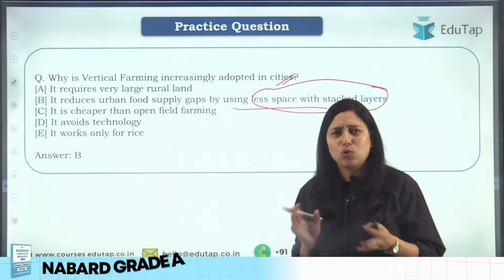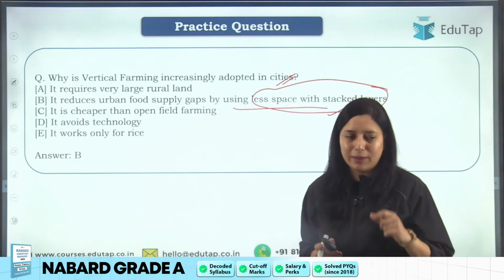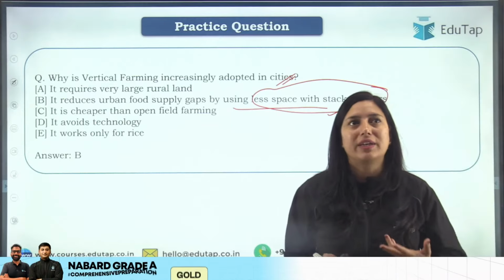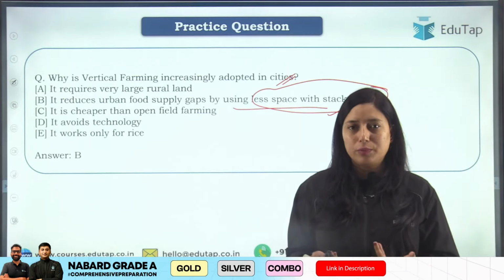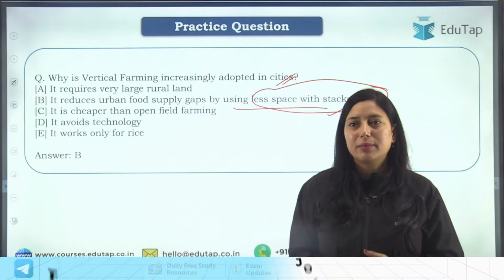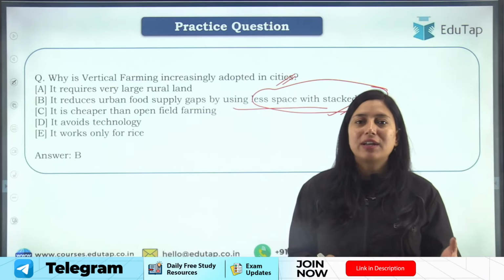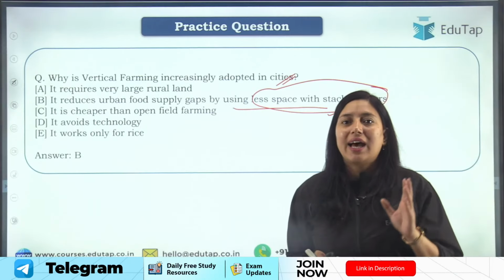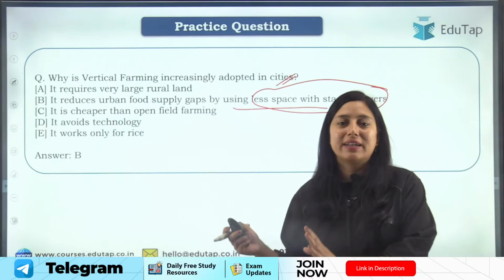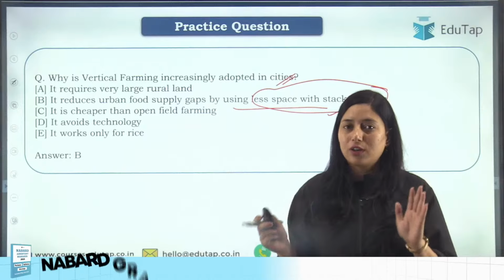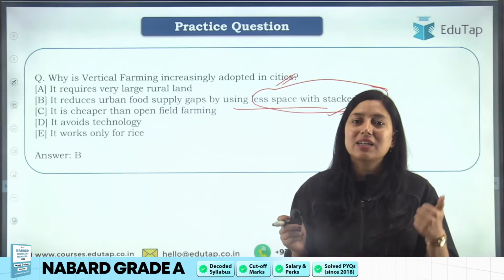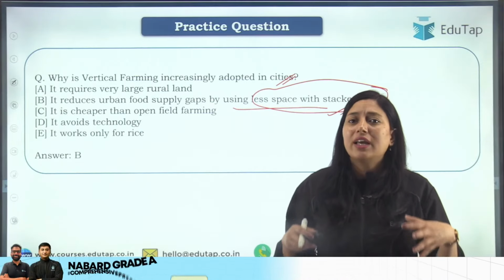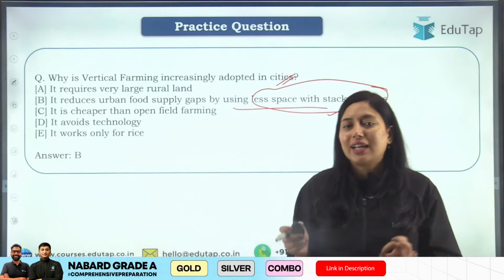ठीक है, so a question can be asked in your examination regarding vertical farming, because vertical farming is being adopted by more and more people nowadays. Okay, you might have also heard about cases where a crop like saffron, which is originally grown in places like Jammu Kashmir, has been grown by people who are living in Bihar. Though the climatic conditions do not match, due to vertical farming they have made it possible, right? Similarly, different crops can be grown in different areas, irrespective of the climatic condition of that particular area.